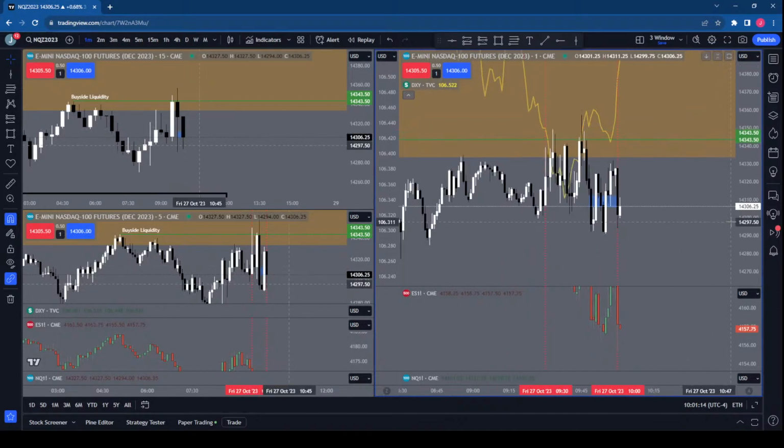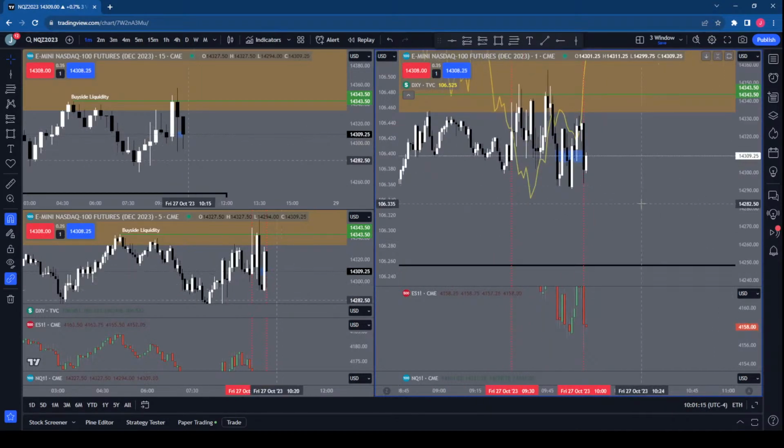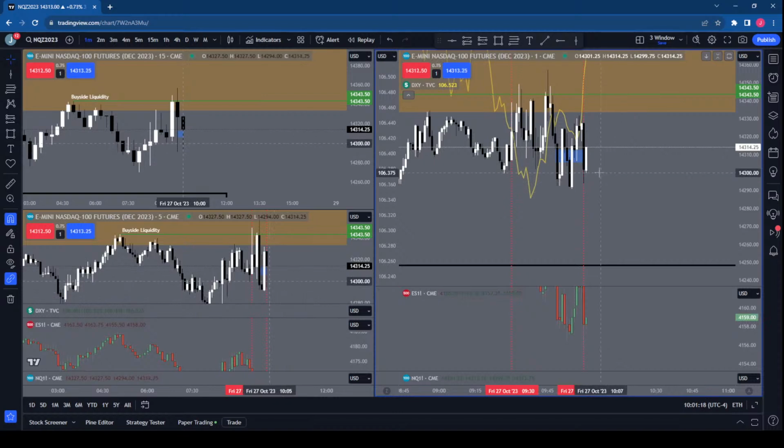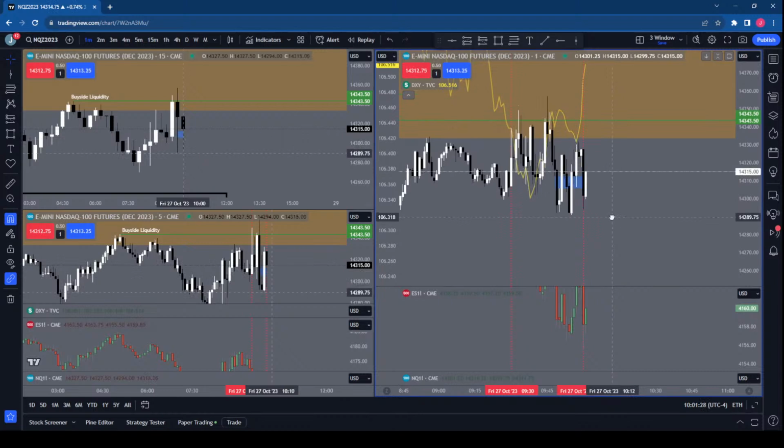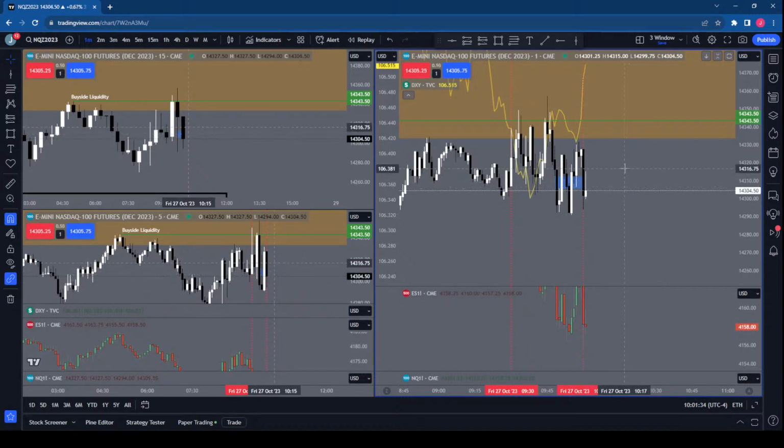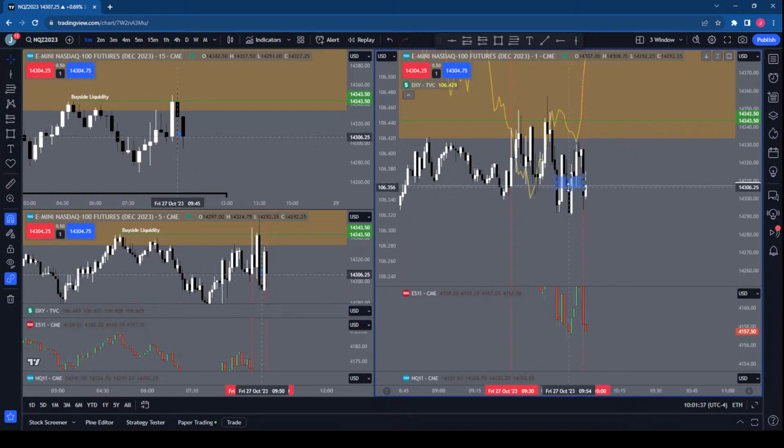But again, this will be that difference between the trader and the analyst. So I can predict that NASDAQ comes down and hits the top of this new day opening gap. But how is it going to deliver that price? And will it deliver price in a clear and obvious way where you'll know where the entry is, you'll know where to place your stop, and you'll be confident in doing so? Because